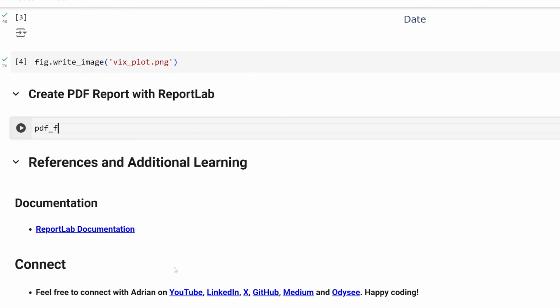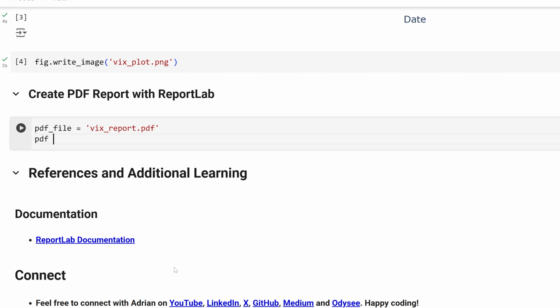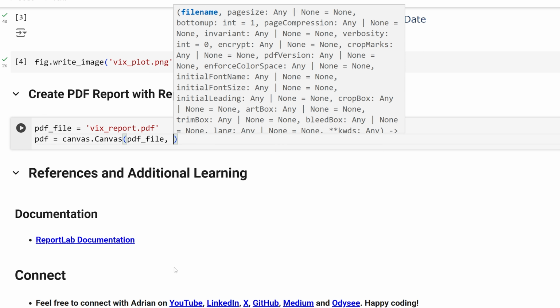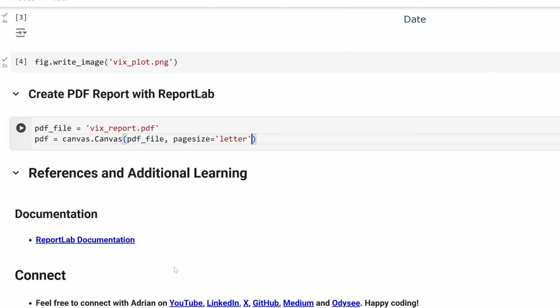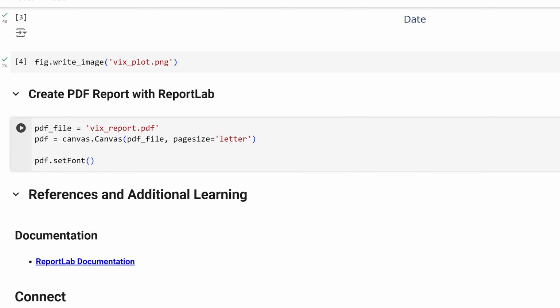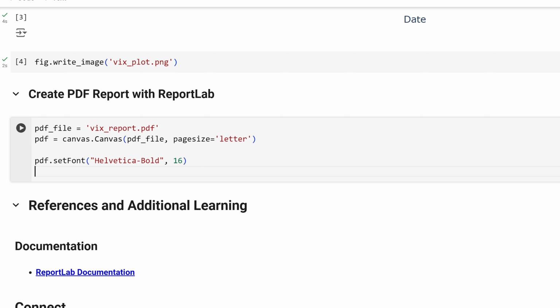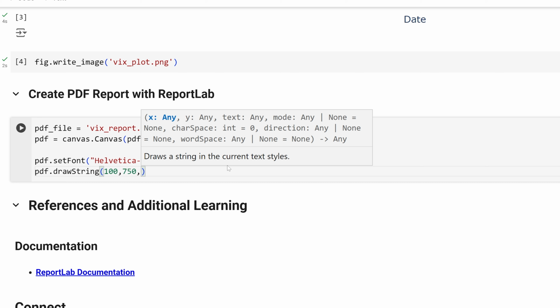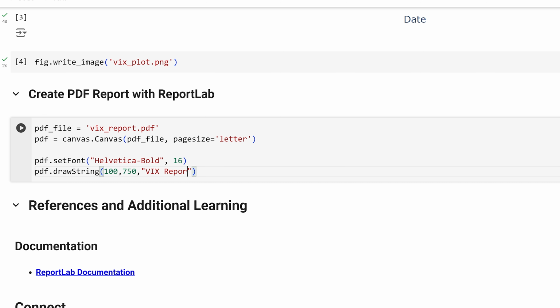I need to create the name of our PDF file. I will call it vixreport.pdf. Please make sure that you have the .pdf extension at the end. I need to create a canvas object which will generate a PDF document that we will write to. Once the canvas is generated, I will use the setFont method to initialize the font for my title. The drawString method will write text to the PDF. The first parameter is the x-coordinate, the second parameter is the y-coordinate, and the third parameter is the text to